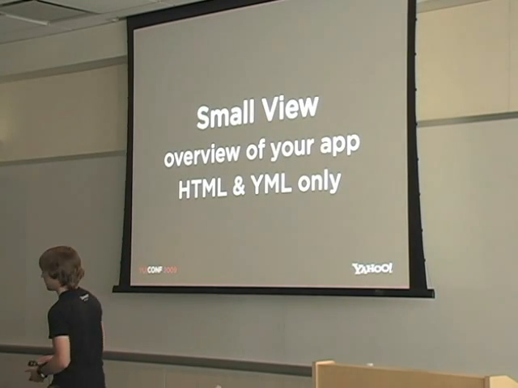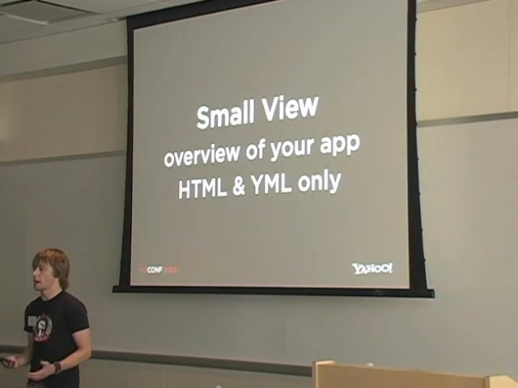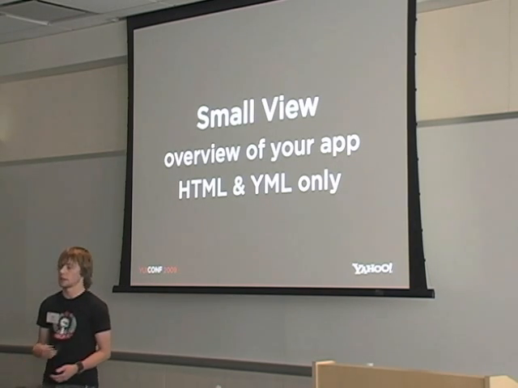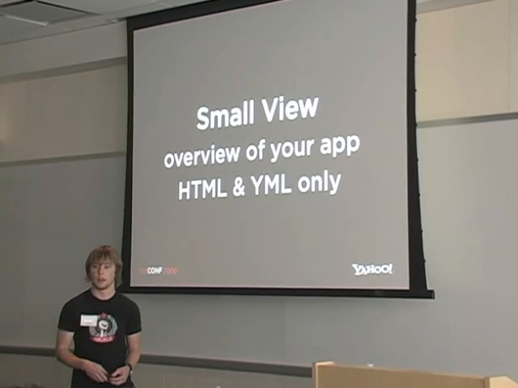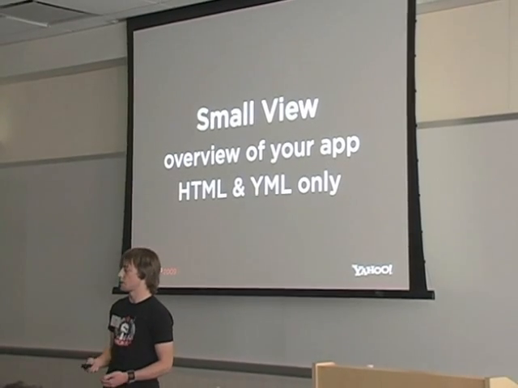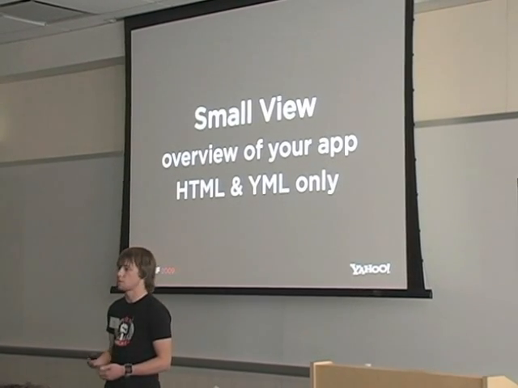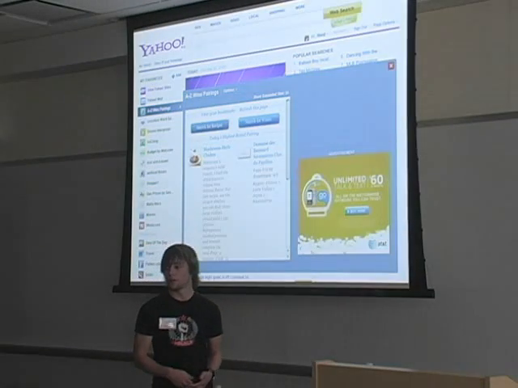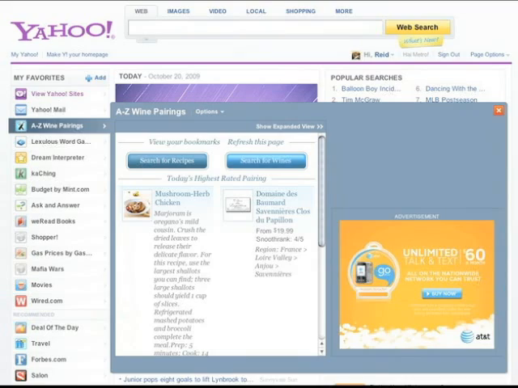The problem with the small view, however, is that there's no JavaScript, and what you get instead is the ability to use CSS, HTML, and a language I'm going to get into pretty soon called YML to allow you to create some dynamic functionality to make your app enticing enough so that people will want to click through to the full view. So the example of what the small view looks like, the last time I showed you a YAP